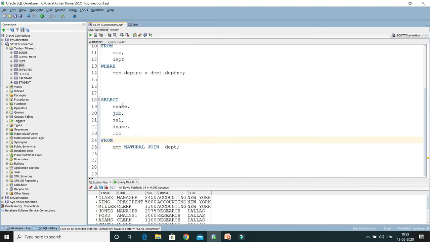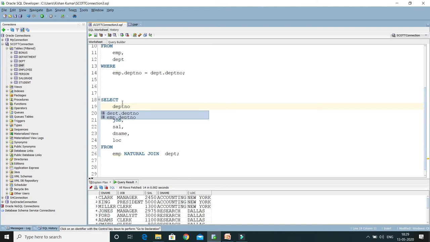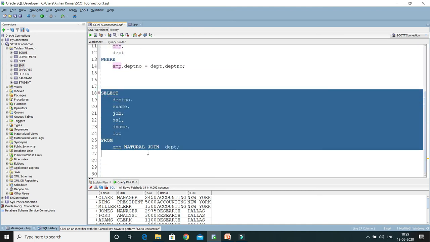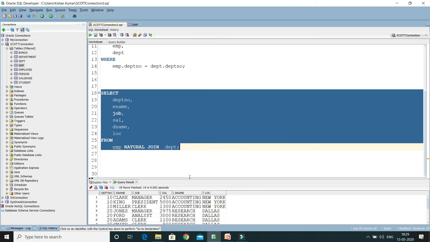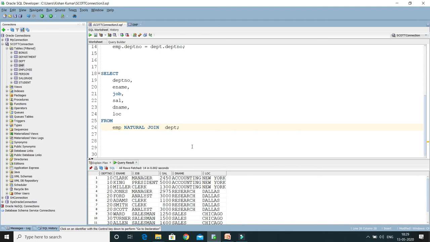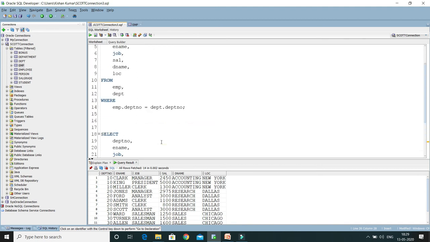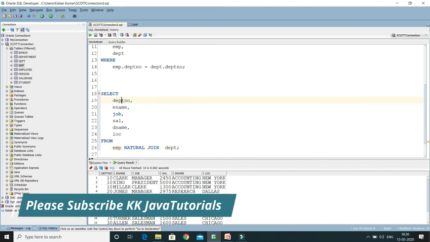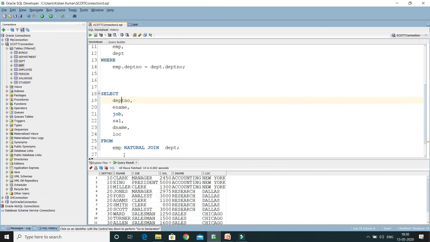Now earlier, you remember when I tried to access department number, DEPT number, in EQ join, that threw an error, and I had to access it through the table alias, right? Now in natural join you don't need to specify the table name. This will be accessed automatically. Here you can see that's the advantage of natural join. So in natural join, if you have the same column name in both the tables, like we have department number in both the tables, that will automatically be included in the where clause. You don't need to write it explicitly, and you cannot write it, right, in natural join.